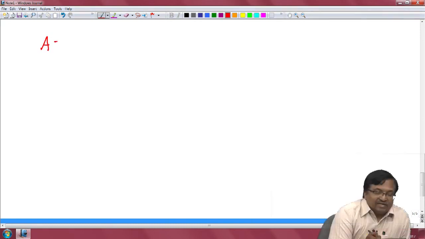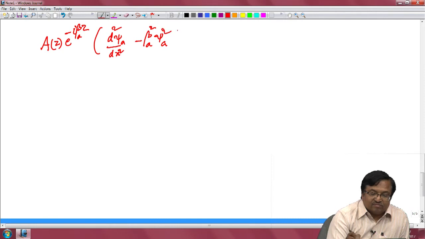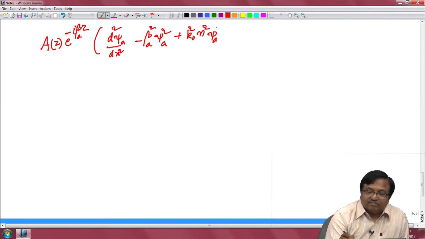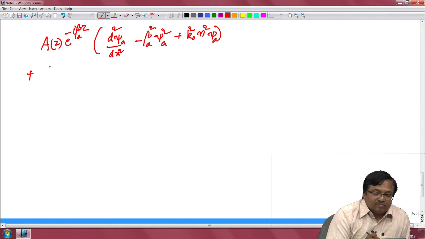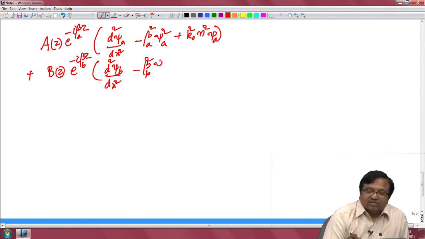When we substitute A of z into e power minus i beta a z multiplying d square psi a by dx square minus beta a square psi a plus k0 square n square psi a, and the other factor e power minus i beta b z d square psi b by dx square minus beta b square psi b plus k0 square n square psi b,